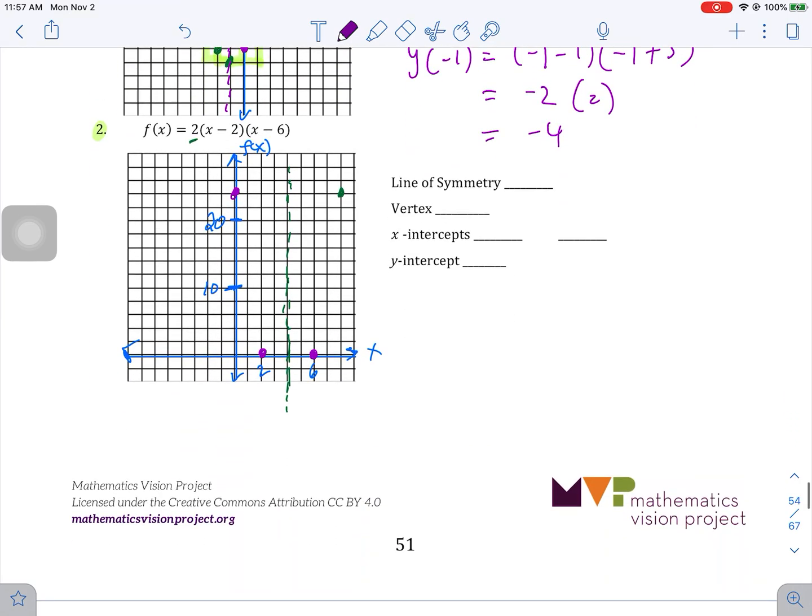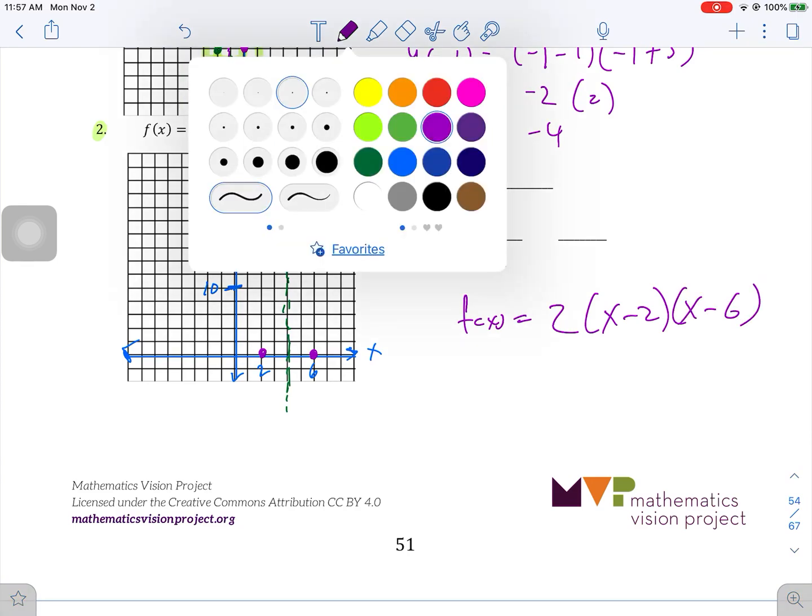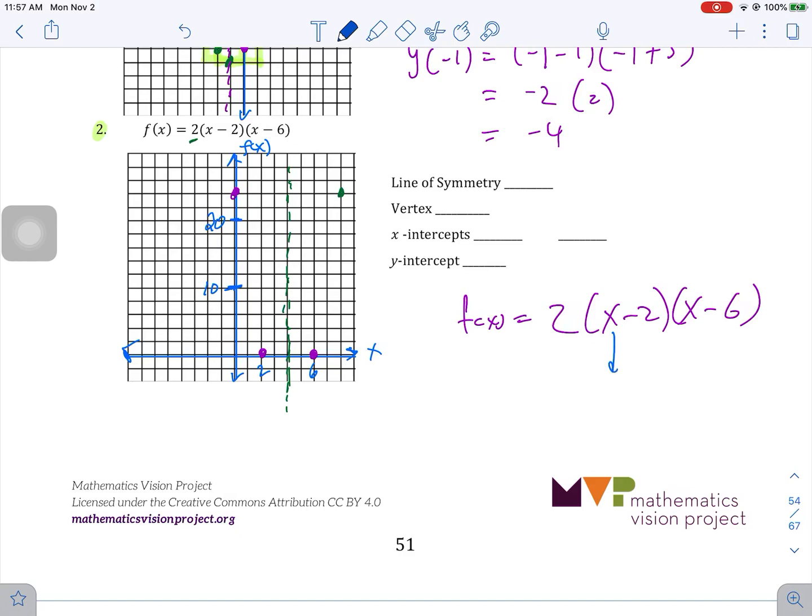Okay, the next one, similar. f(x) is equal to 2, so there's a stretch, times (x - 2) is one factor, (x - 6) is the other factor. The x-intercepts that would make the expression 0 would be 2 and 6. So we've got (2, 0) and (6, 0). If we plug in a 0 for x, then we get 2 times (0 - 2)(0 - 6), and that ends up being a positive 24. So, therefore, (0,